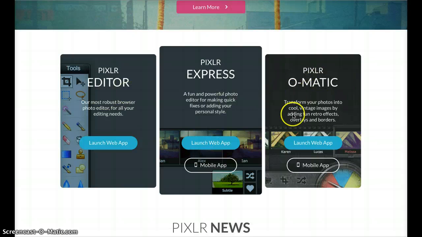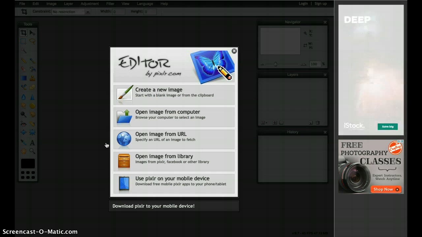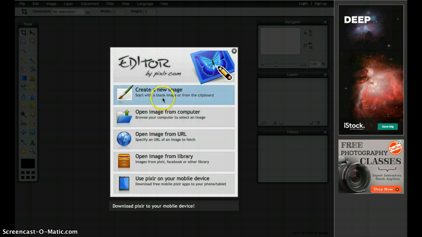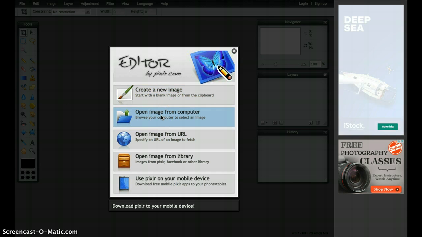varieties of Pixlr. This one just does little effects on your images, and this is pretty much the same thing, but we'll launch the full version of it, the editor. It's got all the tools we'll need. So let's launch that. Okay, on this screen I can either create a new image, upload an image from my